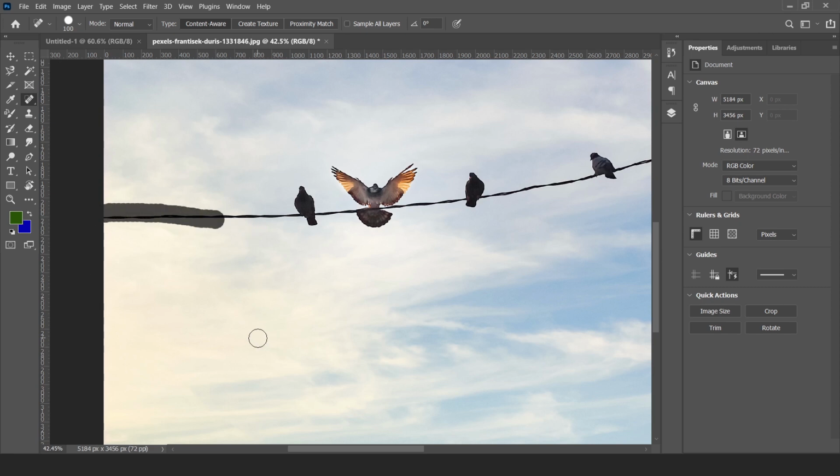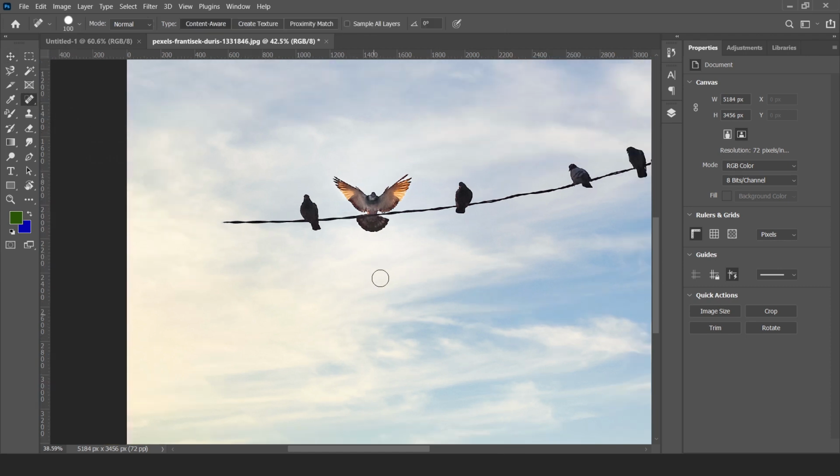Sometimes we have to repeat the same process to clear the spots. We have to remove these spots of wire from the image. See, here is removed.